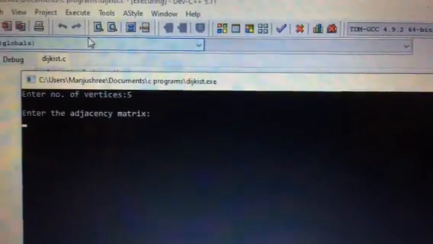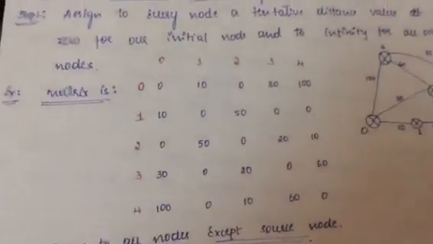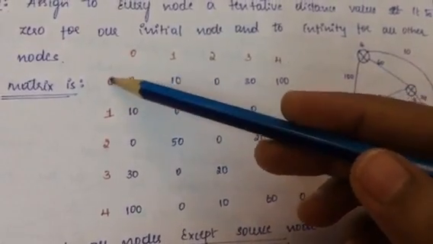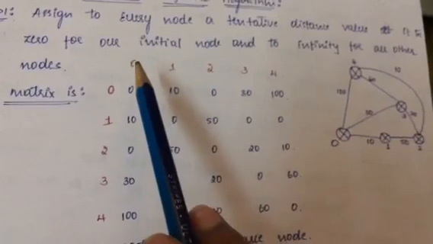Now we have to enter the adjacency matrix. I have considered this as my example adjacency matrix. You can observe here 0, 1, 2, 3 and 4, that is totally 5 rows and correspondingly 5 columns. It starts from 0.